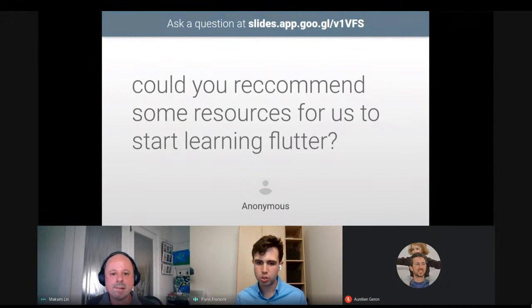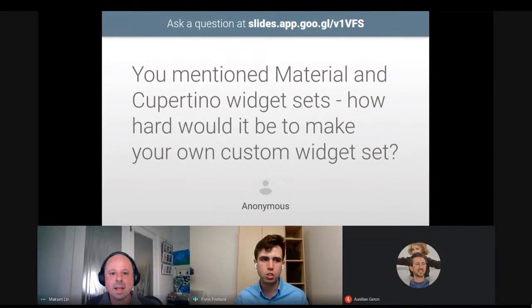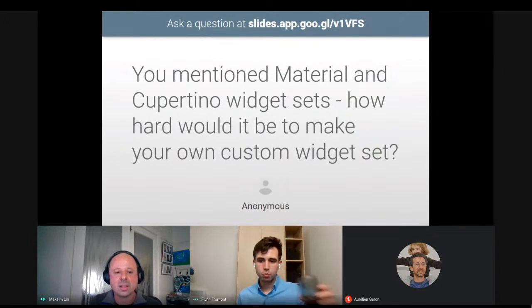Another interesting question: you mentioned the Material and Cupertino widget sets. How hard would it be to make custom widget sets? Oh, this is another brilliant question. I'm really happy someone asked this one, because that's one of the things about Flutter: the Material and Cupertino widgets are just the two things that the Google team have built on top of the basic widget framework.